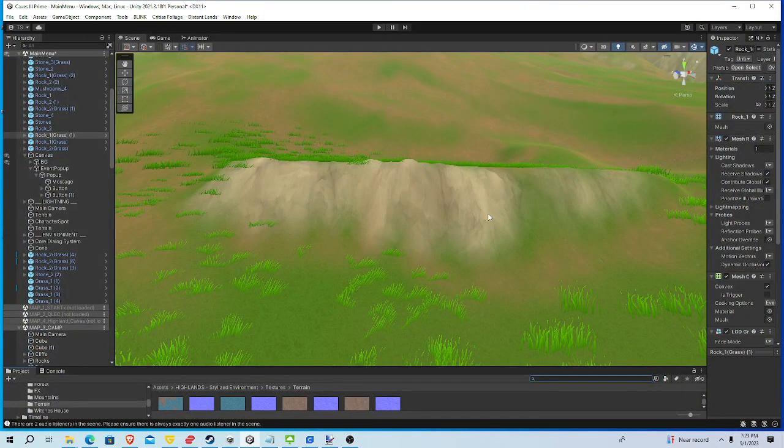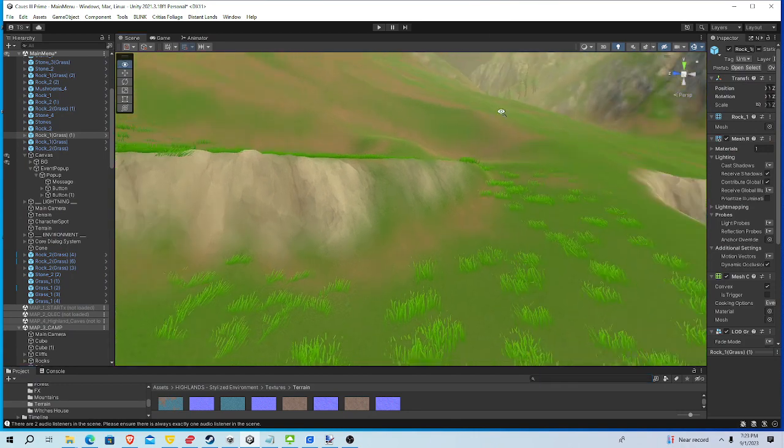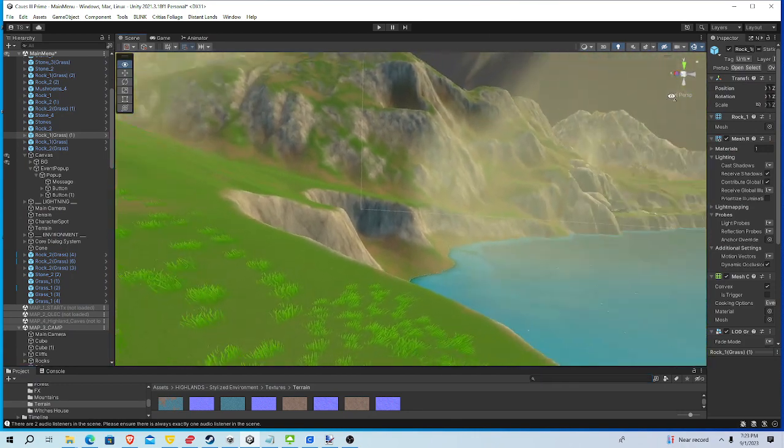Alright, well, I wanted to show you a little bit of how it goes when we start to create a new map, and